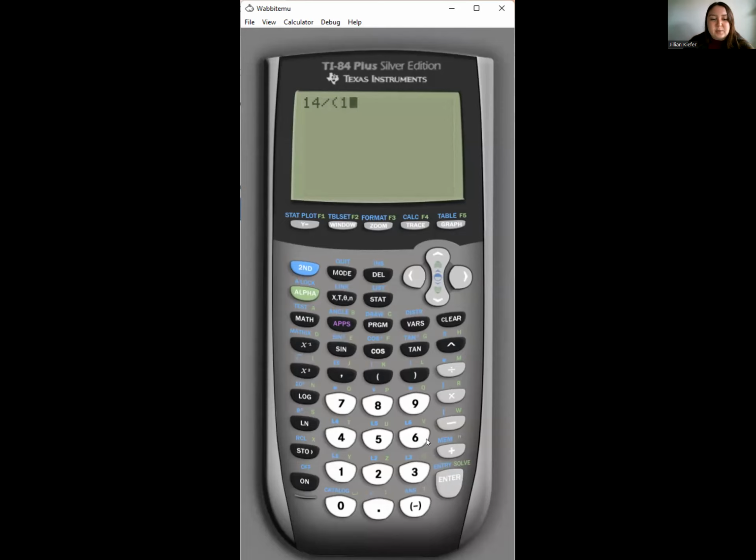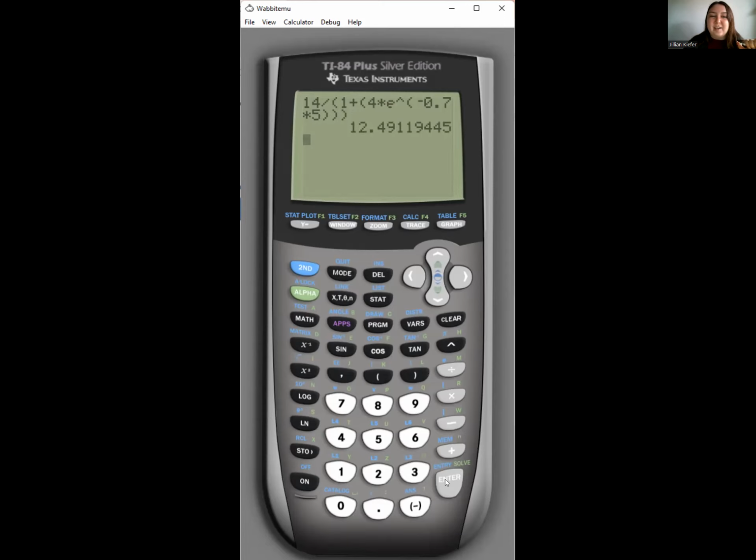So we're going to have parentheses 1 plus, and we're going to have another parentheses, 4 times e to the power of negative 0.7 times 5 on to the next line here. All right, so we've written in everything. So this is the parentheses for the exponent of e, the parentheses for 4 times e to the power of negative 0.7 times 5, and one more parentheses to finish off the denominator. So we press enter and we get